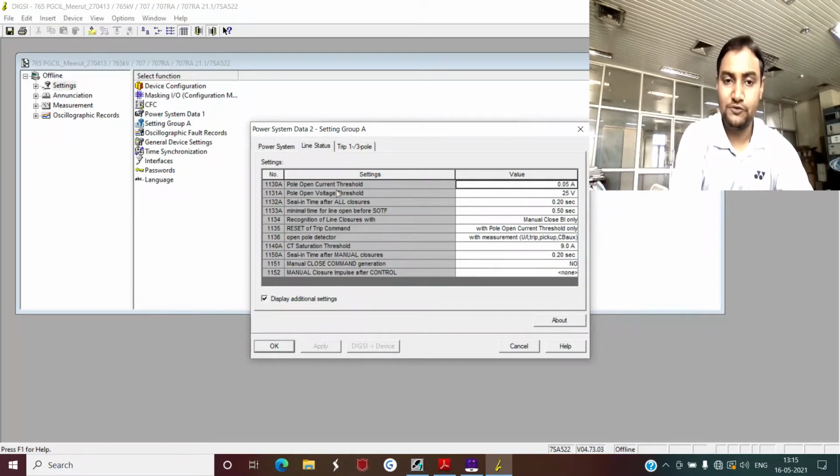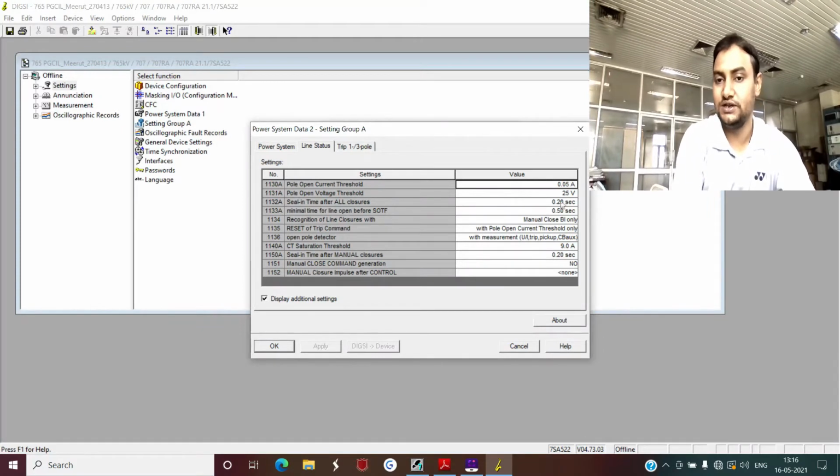So you will have to set this very judiciously and always remember its importance. We will discuss its importance again when we go to SOTF, fuse failure and broken conductor.